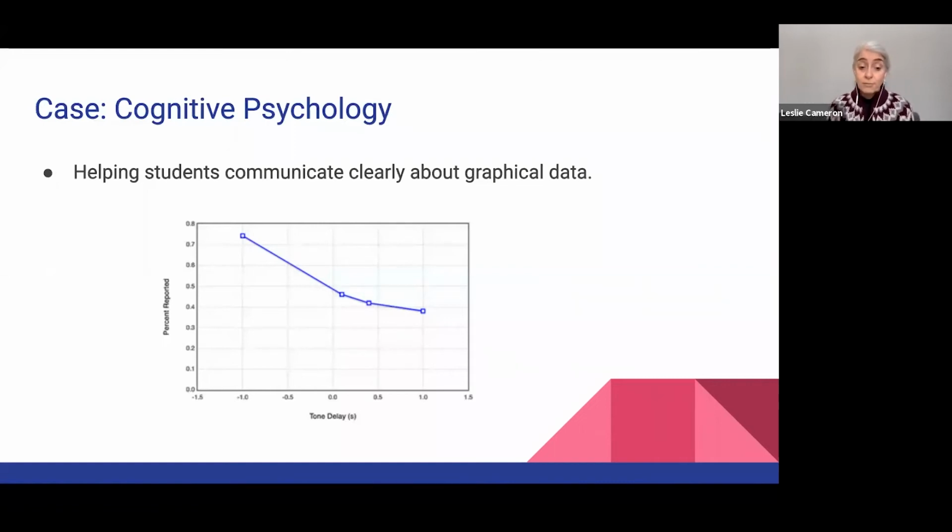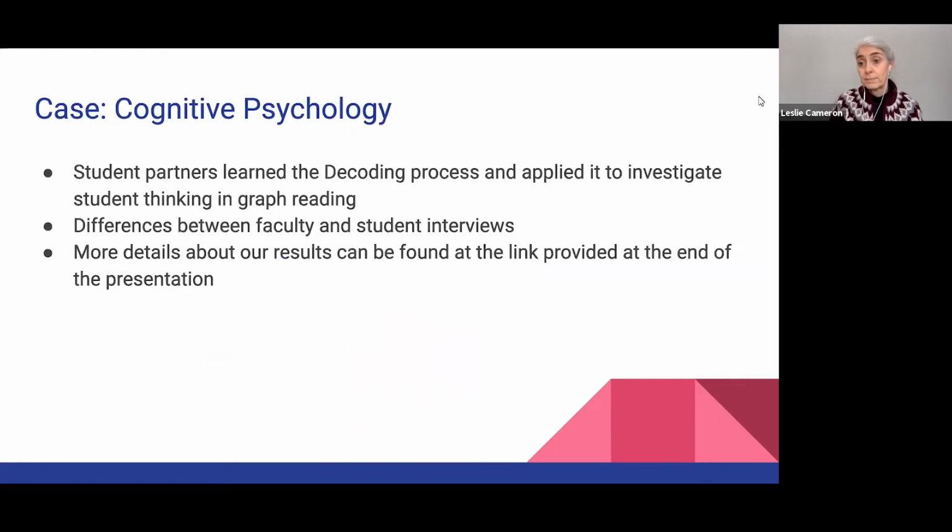And although this was very helpful in order to articulate to students the process by which an expert goes through the process of reading a graph, we decided it'd be helpful to try and meet students where they are and understand how they currently read graphs. So at this point, we decided to involve student partners to get their perspective and have them collect data from other students on the assumption that students might be more candid in an interview with peers. And now Holly's going to tell you a little bit about her role as a student partner in this project.